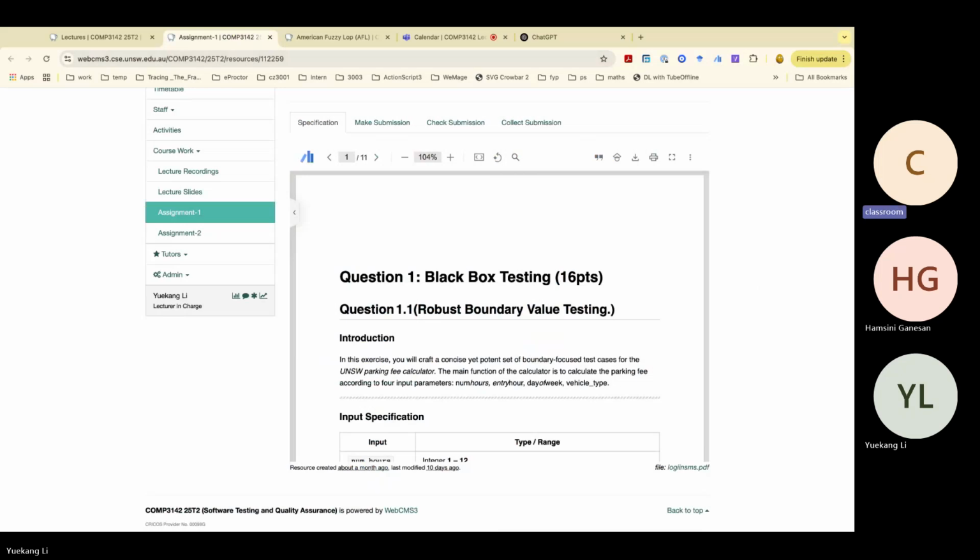Okay, let's start. Before we really start our main content today, let me show you the Easter egg I mentioned for the assignment file. I mentioned there was an Easter egg in this PDF file, and let me show you what it is. You can see that this file is called